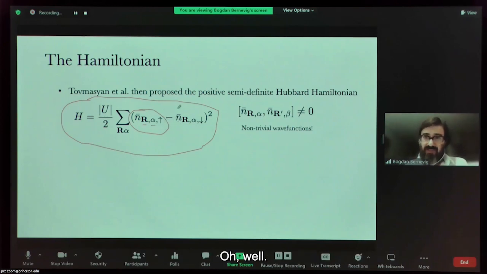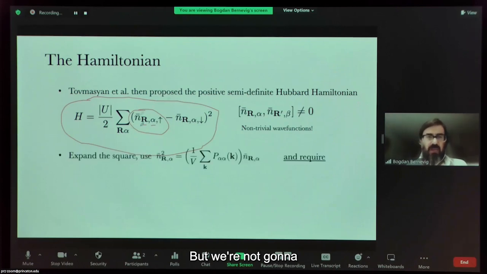Now, the reason why we write this Hamiltonian is twofold. First of all, we can see that it's positive semi-definite, i.e. it cannot have negative eigenvalues because all these terms are positive. So in other words, we know that if we find the ground state of this Hamiltonian, we find the ground state of this. Then we expand the square, and by using